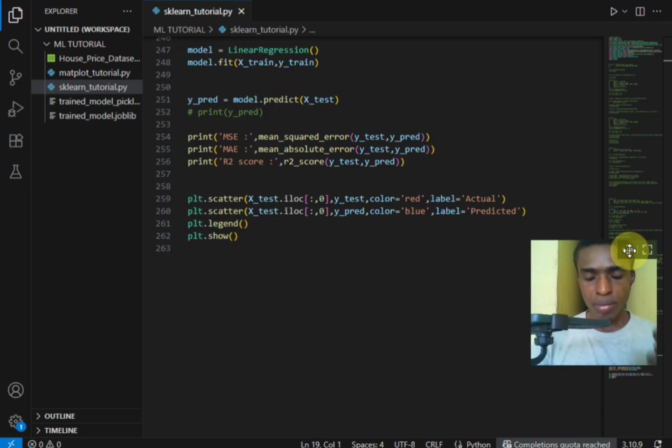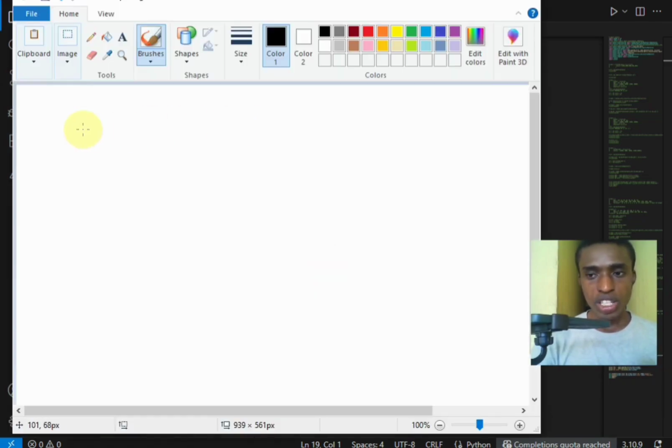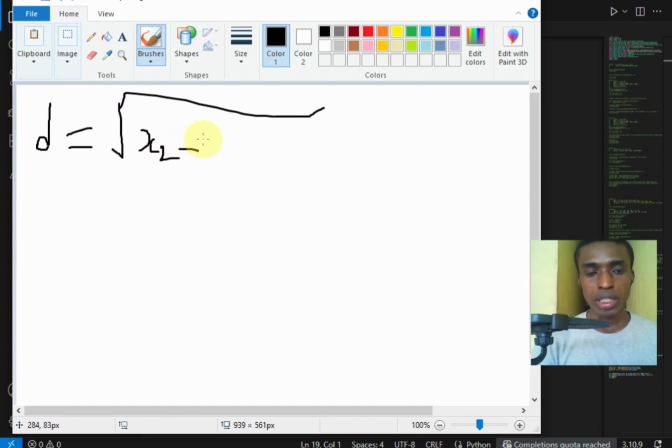use of the distance between each of the features, and one of the distances it makes use of is the Euclidean distance. For the calculation of the distance, there are other complex things that k-nearest neighbor uses, but let's look at the distance. This is more like the Euclidean distance: the square root of x2